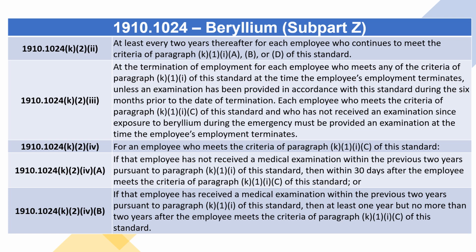1910.1024 K2(4): For an employee who meets the criteria of paragraph K1(i)(C) of this standard, (A) if that employee has not received a medical examination within the previous 2 years pursuant to paragraph K1(i) of this standard, then within 30 days after the employee meets the criteria of paragraph K1(i)(C) of this standard, or